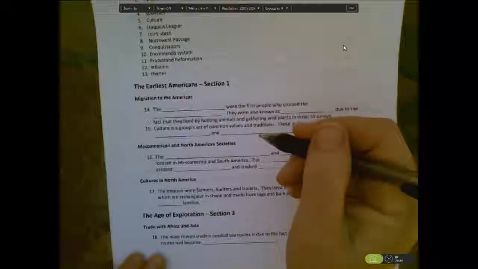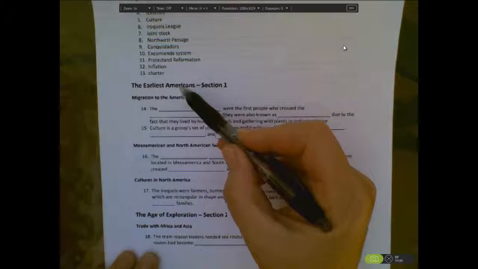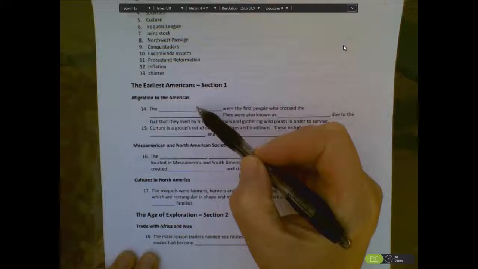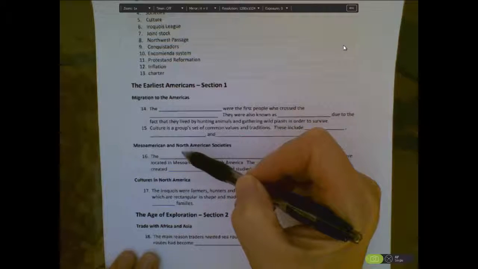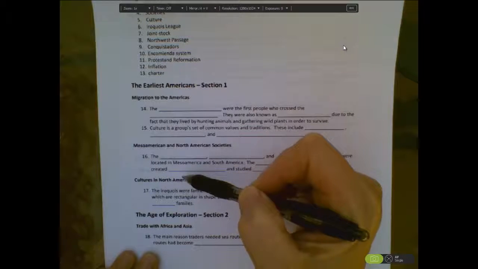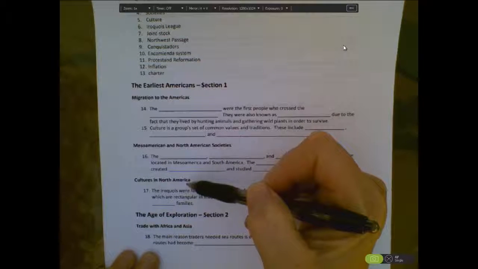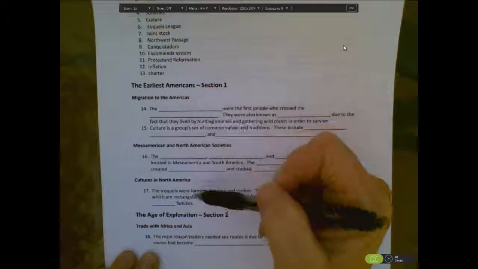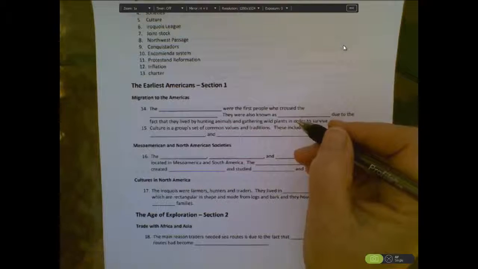So I am going to continue on to the migration to the Americas. This, as you can see here, it'll say the earliest Americans, section 1. It'll tell you what section it's in, and then there'll be a bolded area that says migration to the Americas, or here it says Mesoamerican and North American societies, cultures in North America. If you look for these bolded sections, they'll usually be in red, but they might be in blue sometimes. And you'll find information in there as well, in case for whatever reason you're not able to get this video. So first,